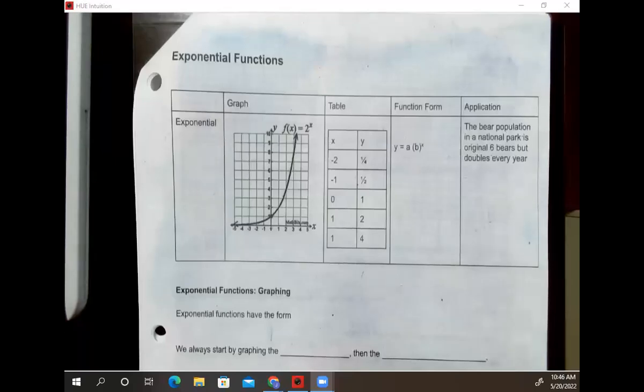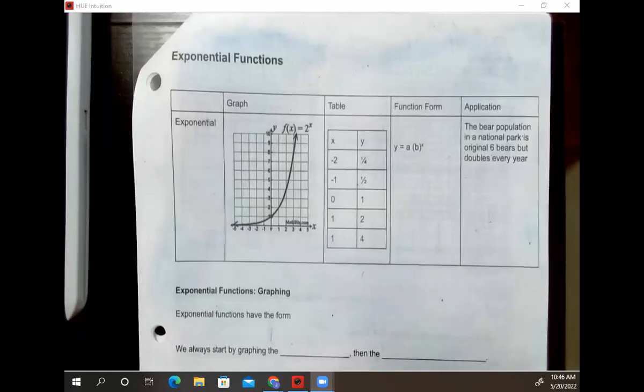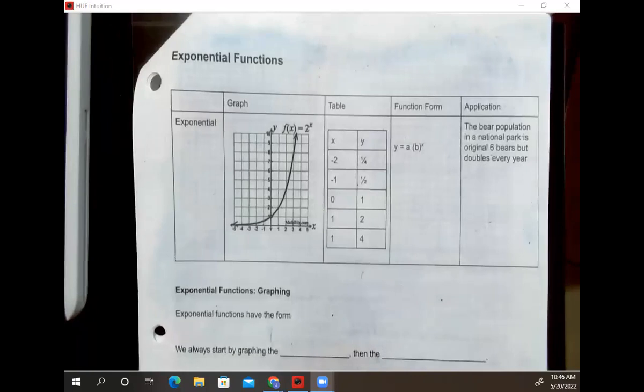Okay, so today we're going to start talking about exponential functions again. Again, we saw this is our most recent full unit, so this should be familiar, should come back pretty quickly. When we talk about exponential functions, we're on page 21 in your review packet, and we're looking at something that